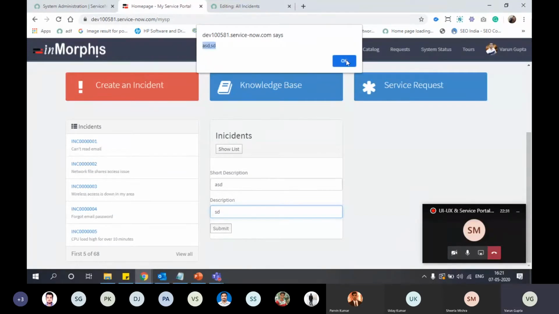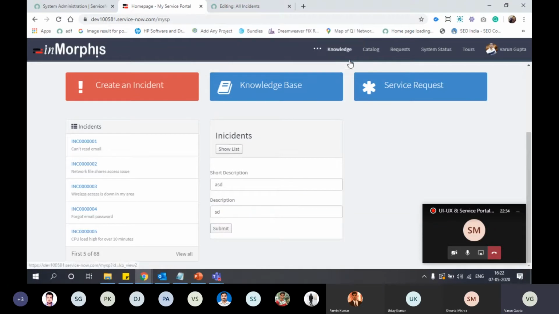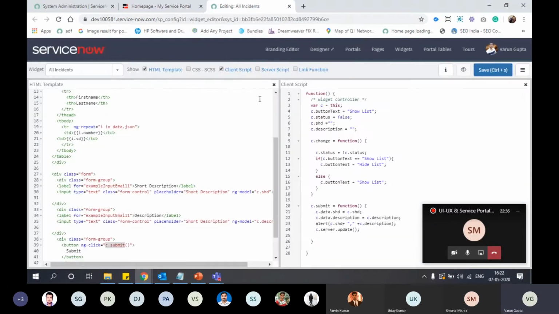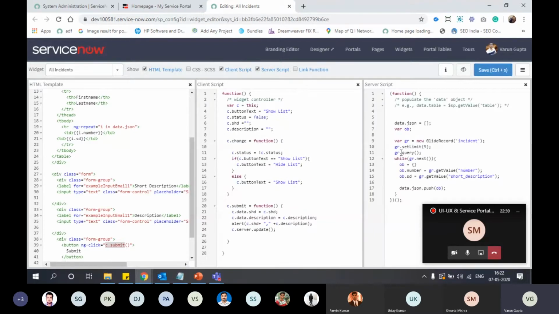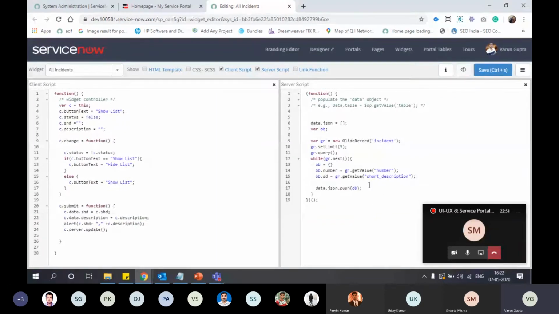It's working. We are getting values from HTML to client script. Let me open server script. In server script, we will have all the values updated from client script in input.